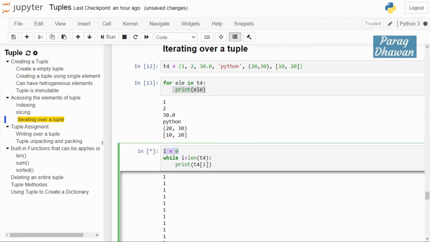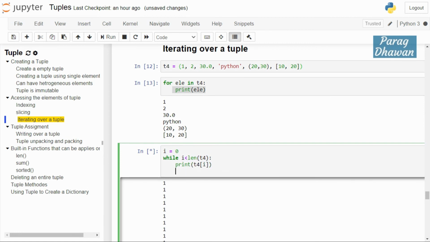In the while loop you have initialization, then the condition check, and inside the loop you have to increment the value of i so that it should fail after n number of iterations. i plus equal to 1. This type of incrementation is called shorthand incrementation.